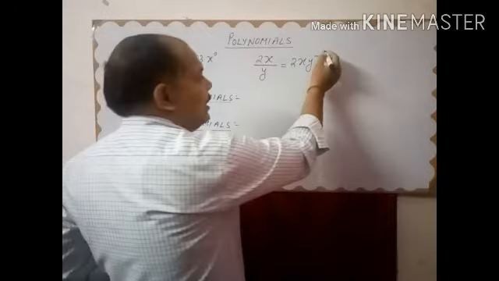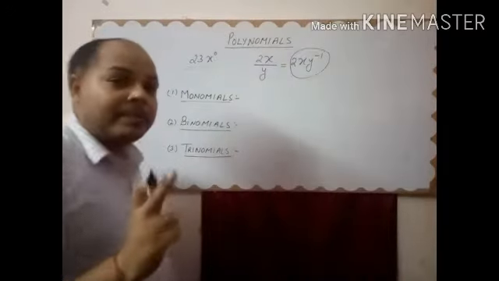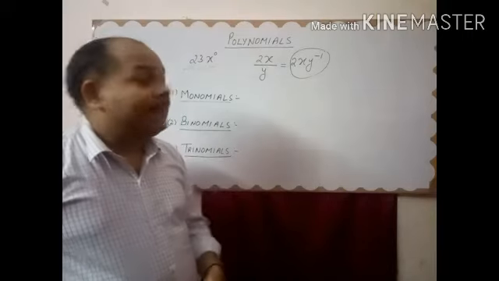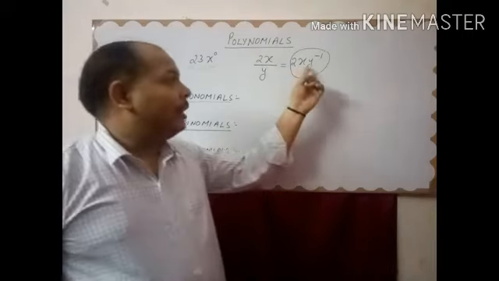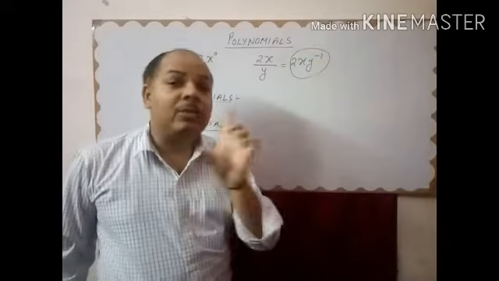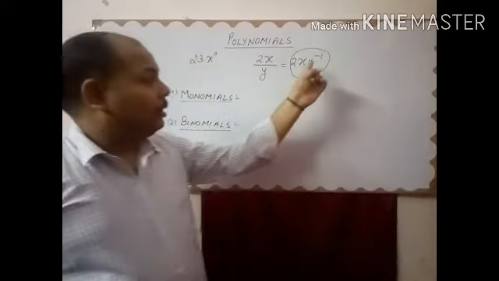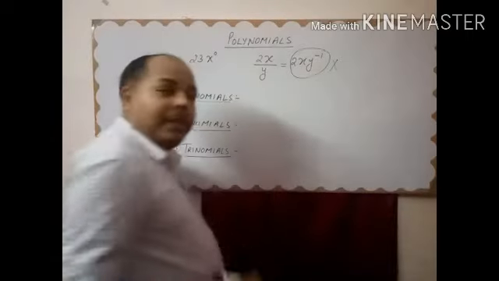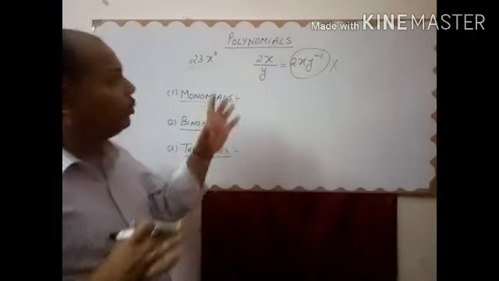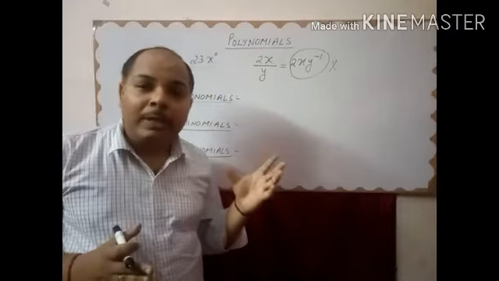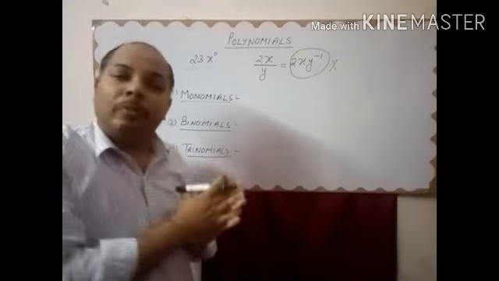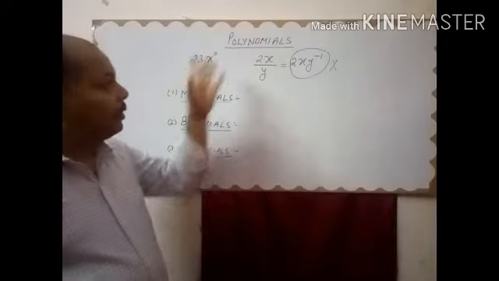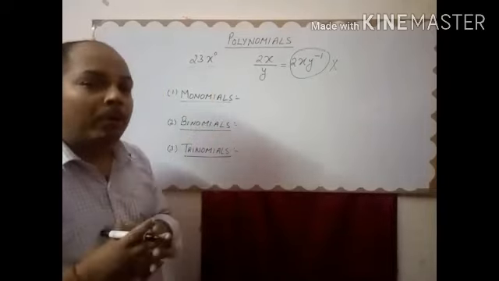So see this algebraic expression. It is an algebraic expression, ये algebraic expression है, but the variable y contains a negative power. The y variable is containing -1, which is not a whole number. So this is not a polynomial. I hope आप समझ गए होंगे कि polynomial क्या होता है and what is the difference between polynomial and algebraic expression. Clear? Now we are going to understand types of polynomial.